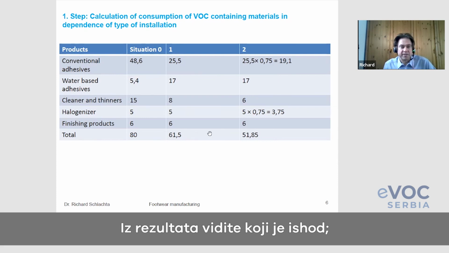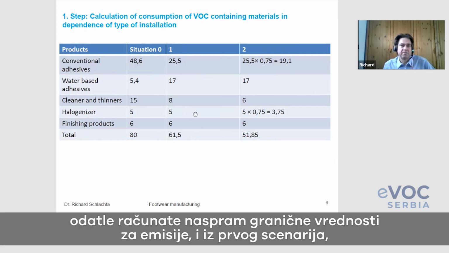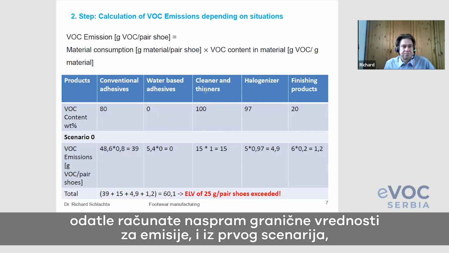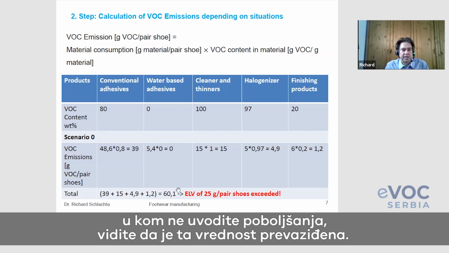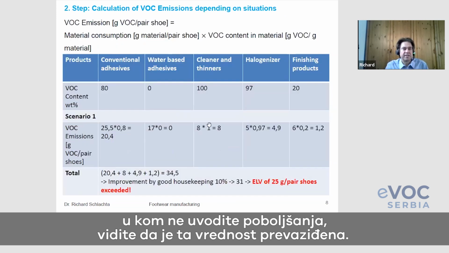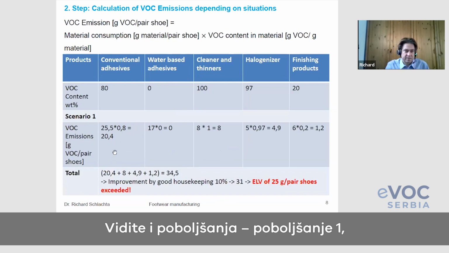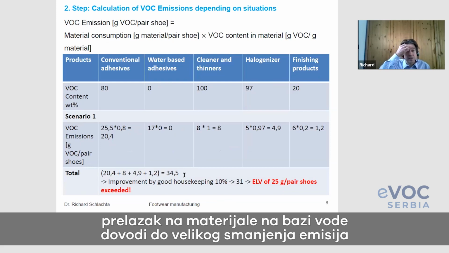You can see by the result what will be the outcome, and then you can calculate the emission limit values. You see here for the first scenario, doing nothing, the values are exceeded, and then you can see the improvements. For improvement number 1, with the exchange to water-based materials, you have a big reduction,